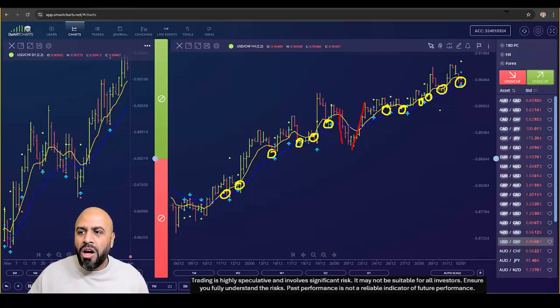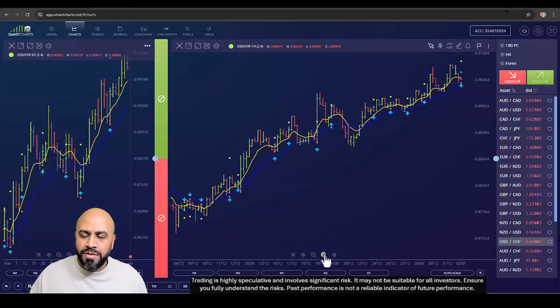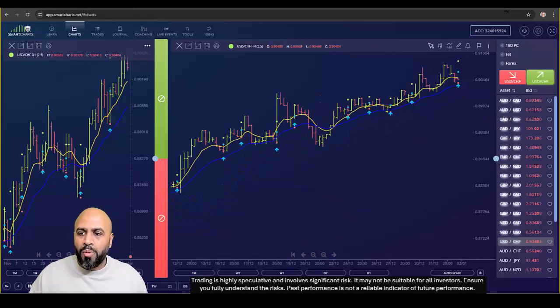Okay, so for me, I like to look for other clues the market is presenting to us, and there's a few things going on here. So first of all, we can actually see we have what we call a trend line. We have an angle of price where buyers have been turning up before, so maybe buyers might decide to turn up here again on this angle of price. Okay, so we'd like to look for other levels of support and resistance. It could be trend lines, could be horizontal support and resistance levels. You might use other indicators.